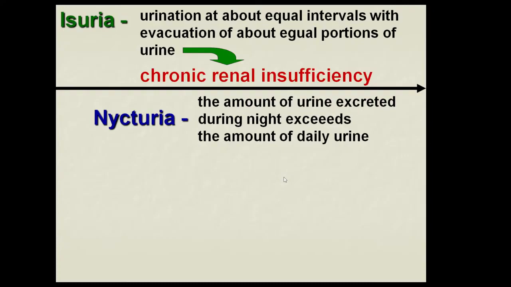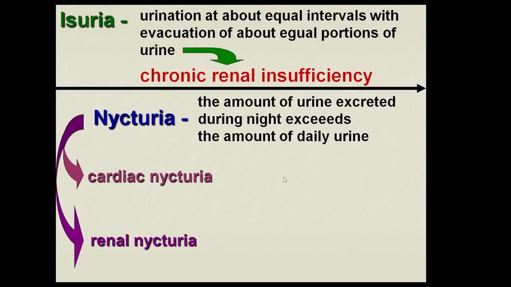Subjectively, the patient can speak about nocturia when he gets up for urination 2, 3 or more times per night, and it's not correlated with liquid intake. Nocturia may be of two origins, cardiac or renal. Cardiac nocturia